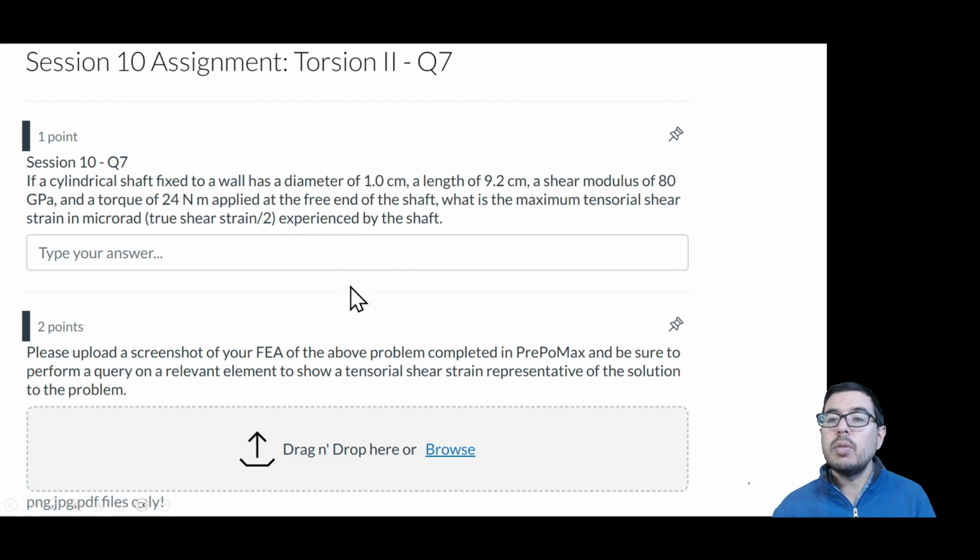In this video, we're going to perform finite element analysis to calculate the shear strain on a cylindrical shaft that's been fixed to a wall and has 24 newton meters of torque applied at the free end. To get started, let's do some calculations that give us a better idea of what we expect the finite element